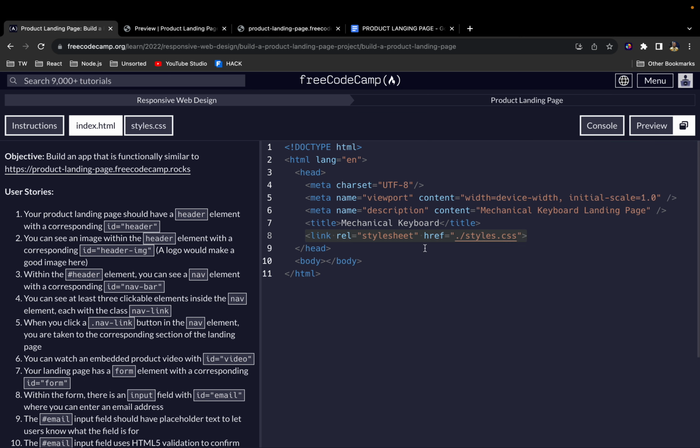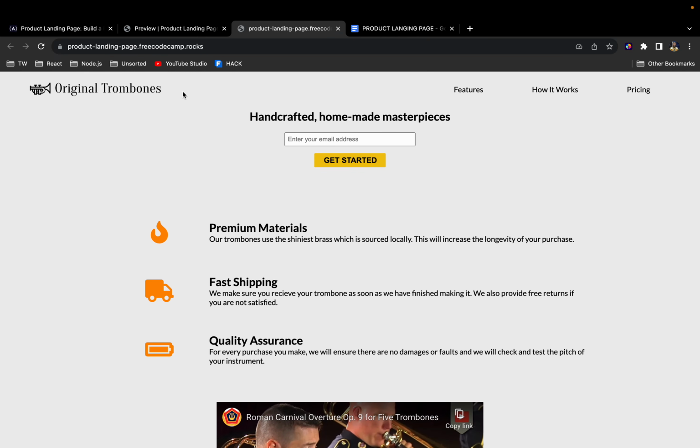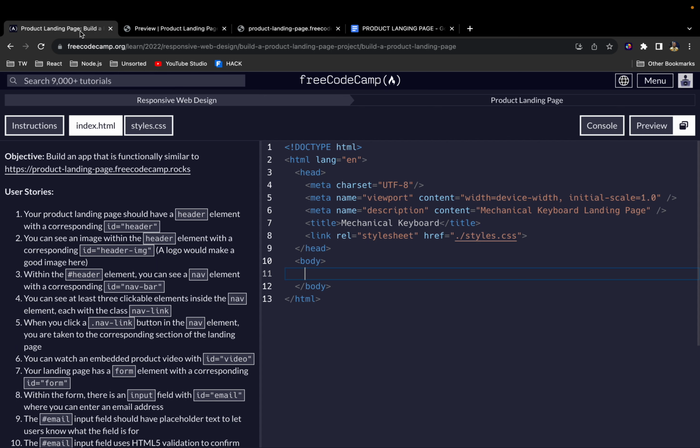Okay, let me click here and let us have some more space to work with. All right, so next up, let's head into the body. For the body, the first thing that I would want us to work on is the header. As you can see, we have this header here, which has this logo image, and then we have this navigation: features, how it works, and pricing. So the way we're going to do that is to first add,